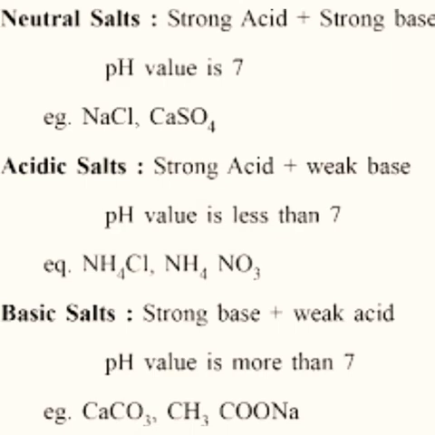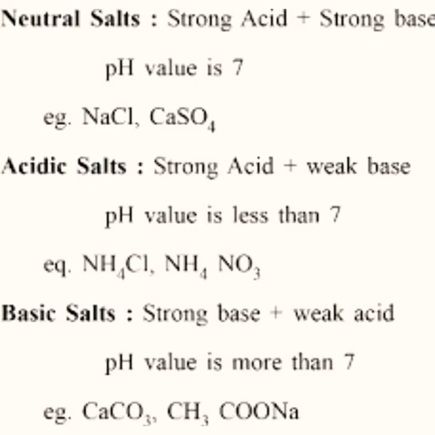Next we can enter into the pH of salt. Can you recall what is pH? pH is a quantitative representation of a given solution, whether it is acid or base. So depending on this, the salt has different pH. According to that, salts are divided into three. We can discuss with the help of some examples. Depending on the pH value, salts are divided into three types: neutral salt, acidic salt and basic salt.